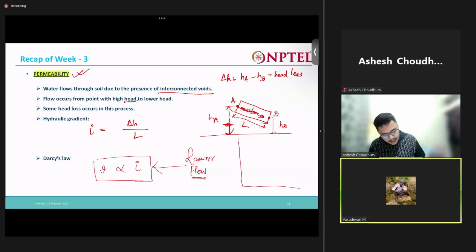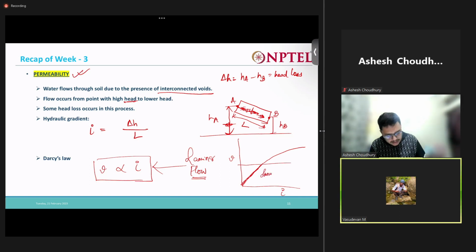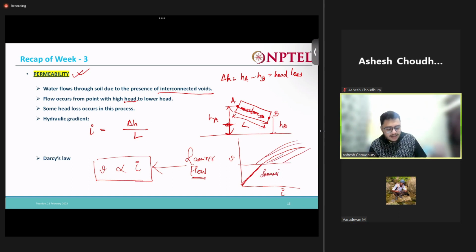So if I plot my hydraulic gradient against the velocity v, my graph is like this. If you see only this part, it's linear. In this part, it's laminar. So Darcy's law is not valid here. It's only valid in the laminar region, where my velocity will be